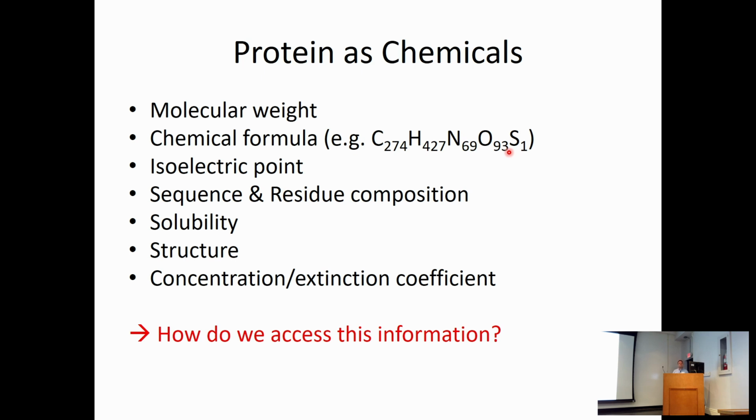Proteins have a lot more unique properties. That's where we were talking about the secondary, tertiary, and quaternary structures. But fundamentally, they have all the properties that you would think of for any other chemical. They would have an isoelectric point. So all of those ionizable groups that Matt was talking about,